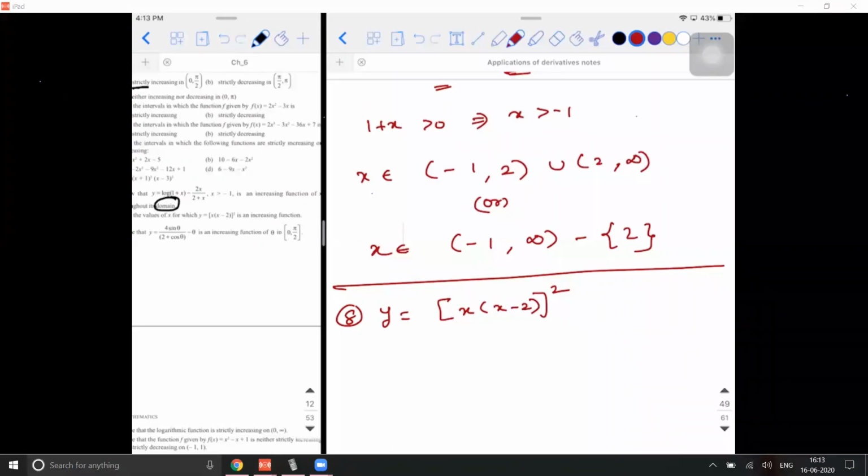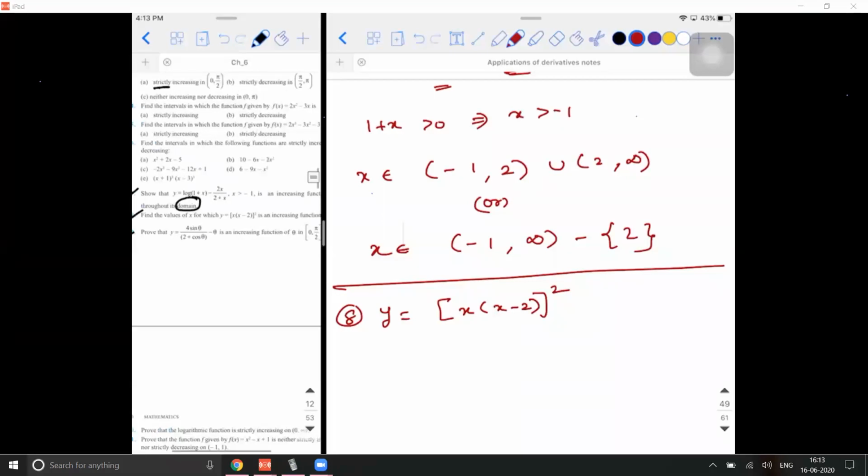Because it's a polynomial function or algebraic function, you can take every number. Its domain is going to be real numbers. So when they are asking you to find the values of x in which it is increasing, you have to define it in its domain in the real number system. Same story again. Anybody willing to tell the answer? You want to try the differentiation?